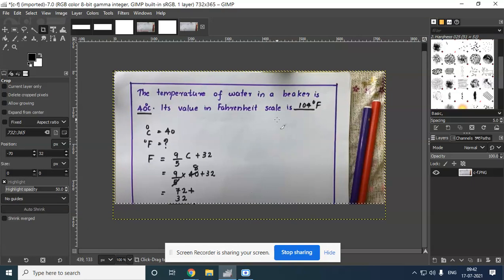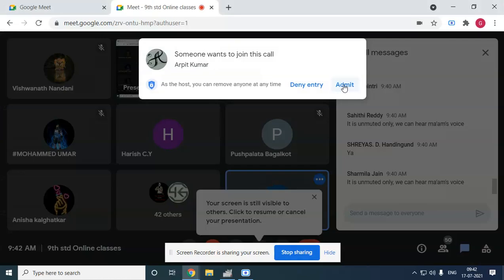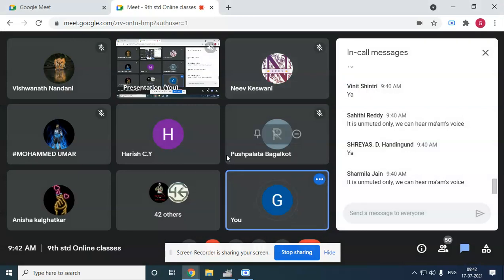So now here, if you want to use this ellipse tool, or if you want particular parts to become shiny, I'll show you. I'll take one flower and show you how to make that part shine. Okay, that I'll tell you in the next class. So till now, how to insert the image and how to open a new file, you all understood.